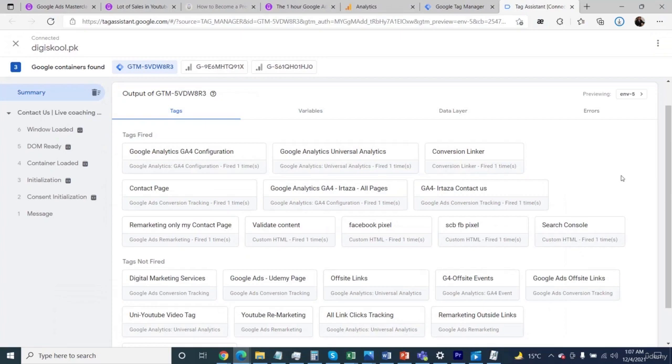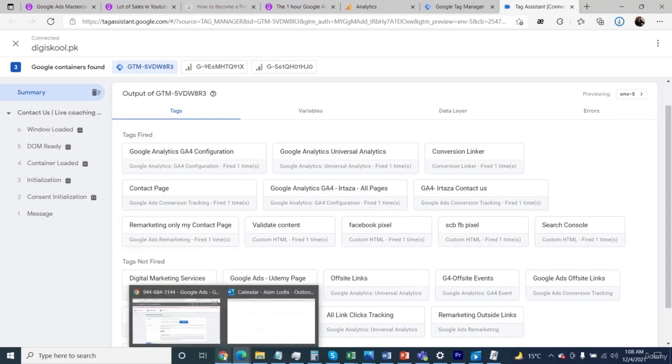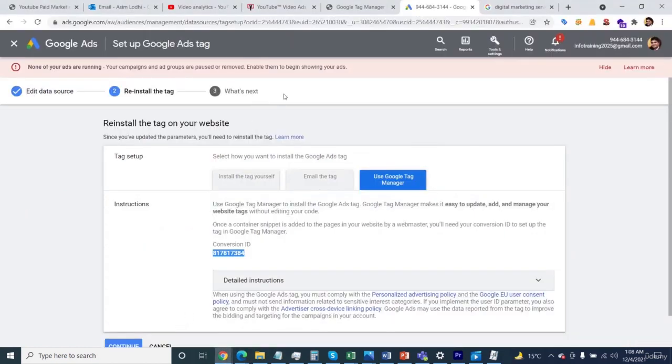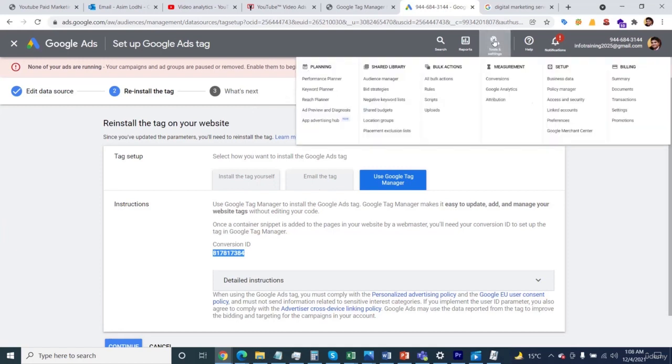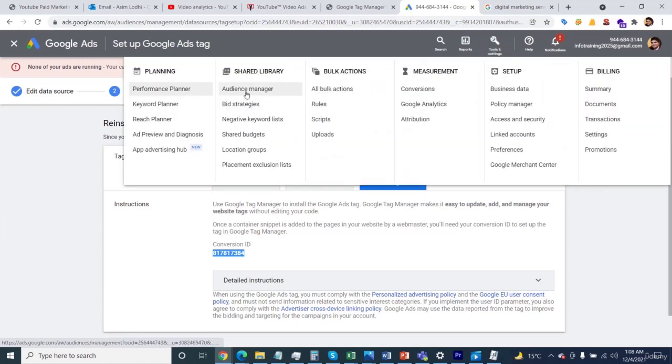Hi everyone. In the last session, we successfully created our remarketing only My Contact page tag on Google Tag Manager. Now we need to configure the similar audience with our Google Ads account. So if you just click here, Tools and Settings, and then Audience Manager,